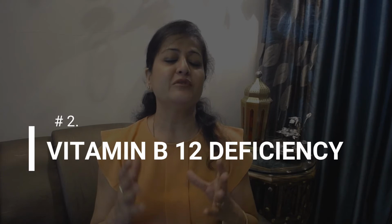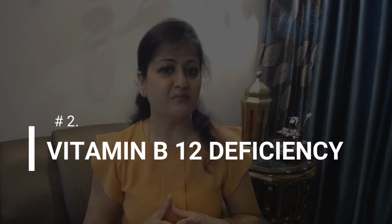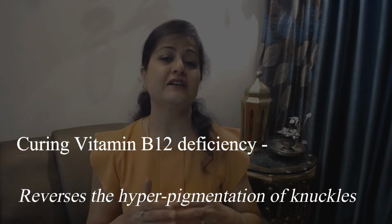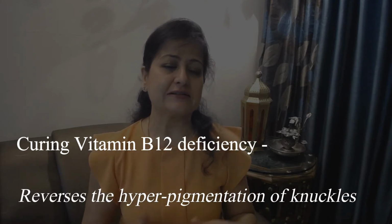Another major cause for hyperpigmentation or darkening of knuckles can be a deficiency of vitamin B12, which is otherwise not so detectable. Very often you can reverse the sign of dark skin on the knuckles once you address the deficiency of vitamin B12. There are certain other conditions like psoriasis or even eczema, where the darkening of the skin could be